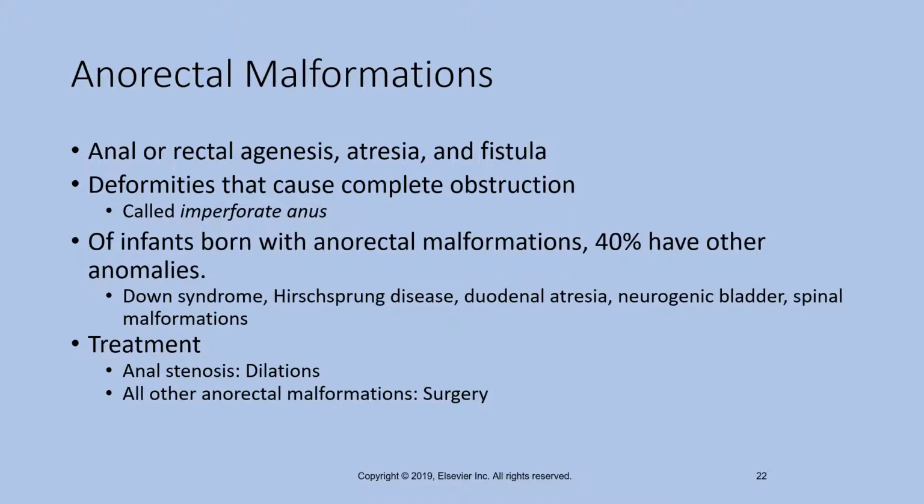Anorectal malformations, or anorectal agenesis or atresia, are deformities that cause complex obstruction. Of infants born with anorectal malformation, 40% have other abnormalities such as Down syndrome, Hirschsprung's disease, duodenal atresia, neurogenic bladder,